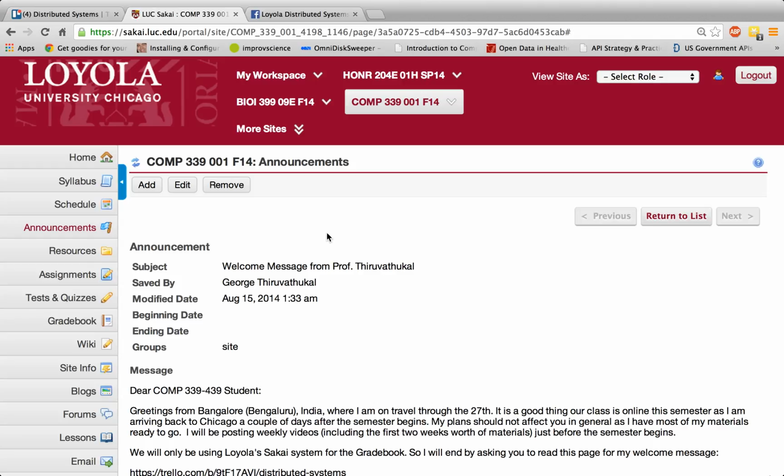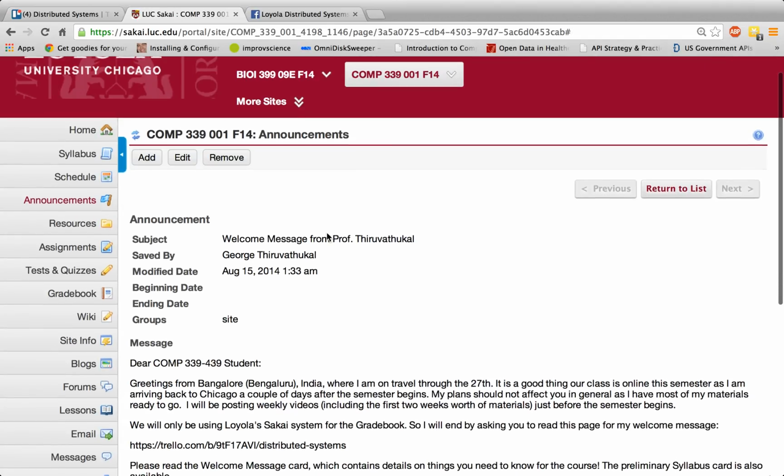This class is often a combined class of advanced undergraduate students and graduate students. So please don't read too much into the course number. This is just the way this class has been offered over the years, especially since it inhabits sort of a researchy space where the goal is to get students excited about advanced work in computer systems, especially as it applies to the internet and large-scale distributed computing.